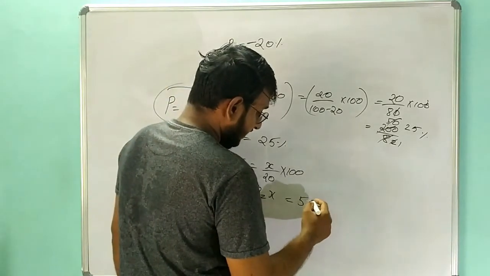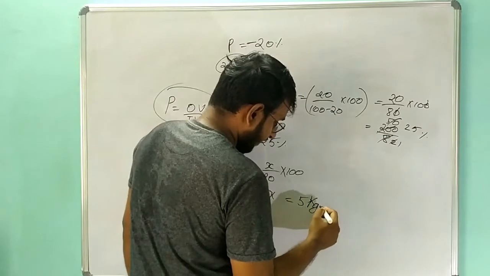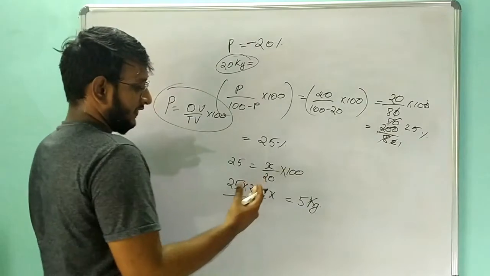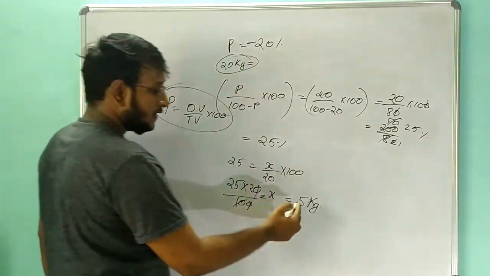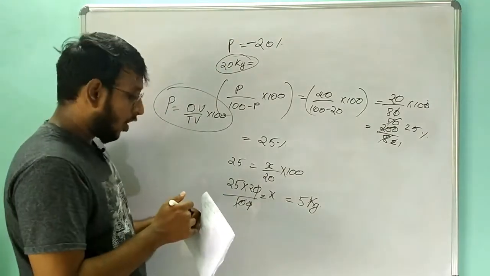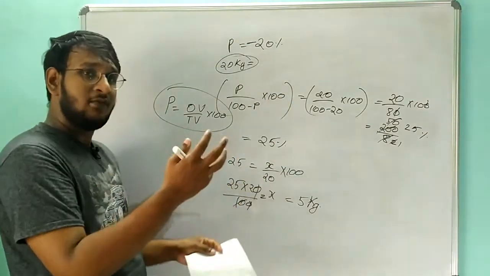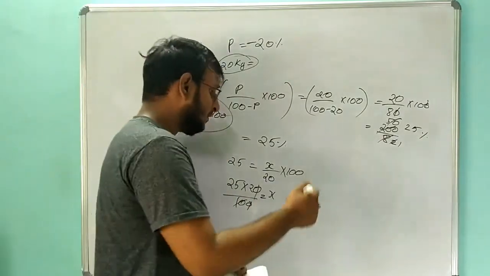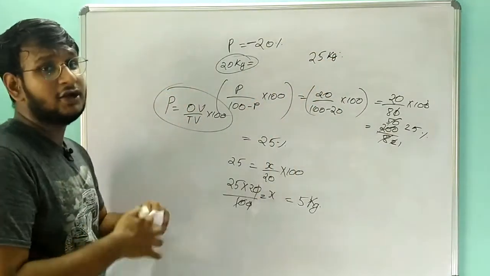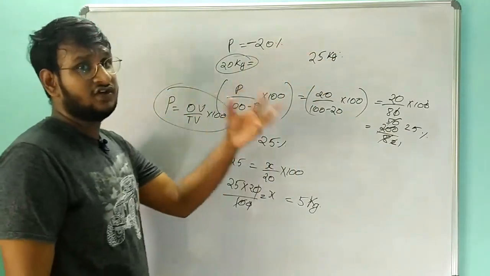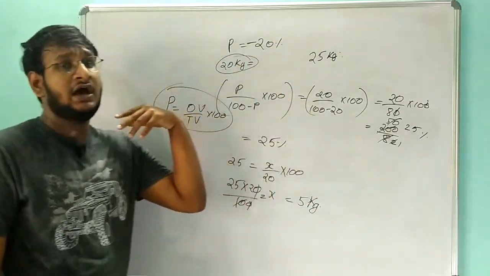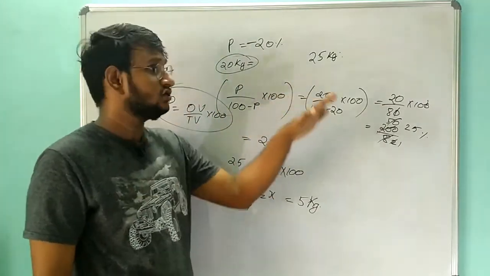So we can buy 5 kgs more with the excess amount that we have. So with the same amount that we used previously to buy 20 kgs, we can now buy 25 kgs because the price has reduced. Since the price of the rice has been reduced, we can buy 25 kgs now.